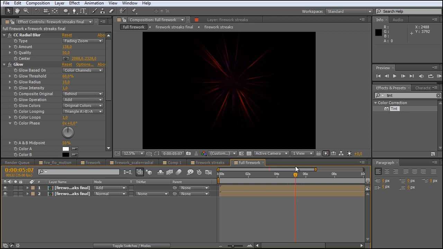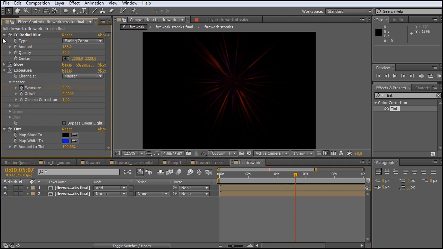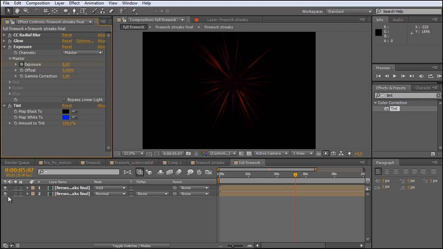And what I did in my composition was that I simply rendered out the firework as a movie file and imported it, and I just worked with the finished firework and not with all those different layers and effects and blending modes and all that stuff. So that's why I now just turned it off and just show you how I did this small rocket flying